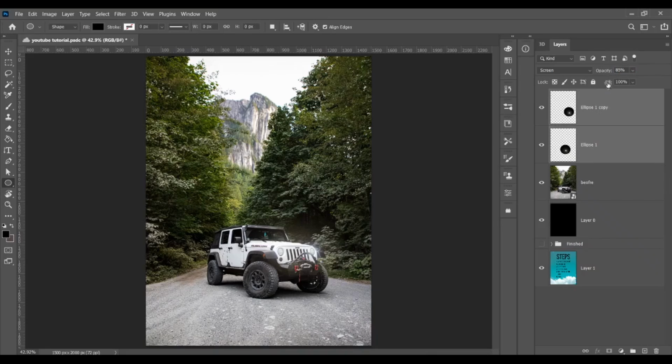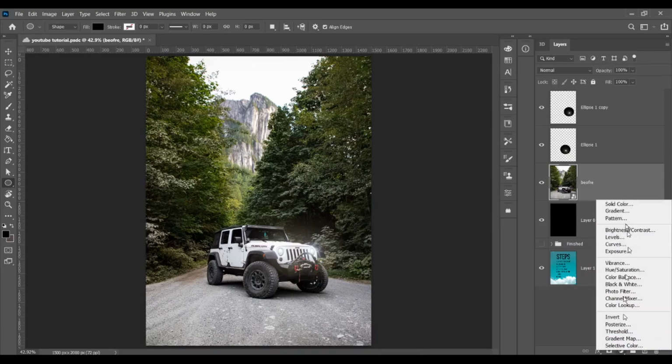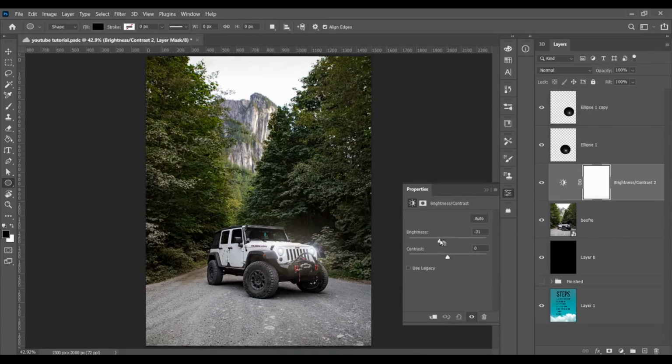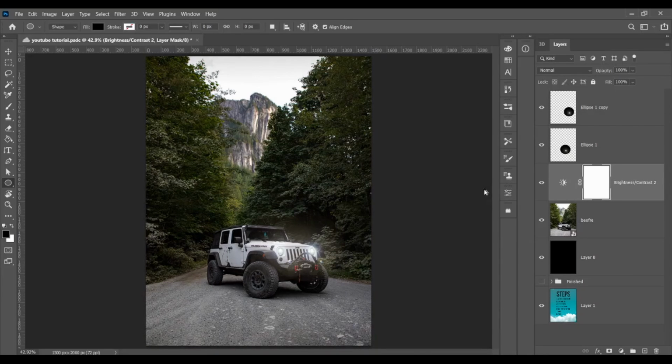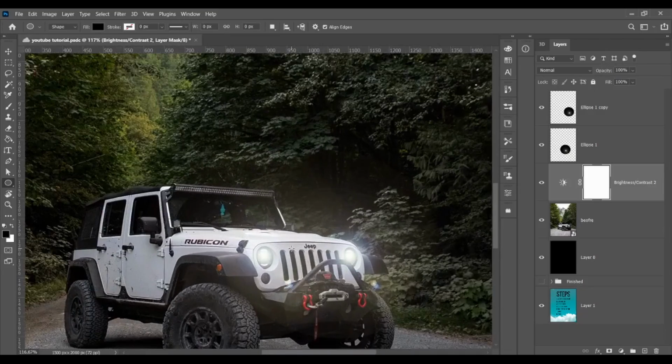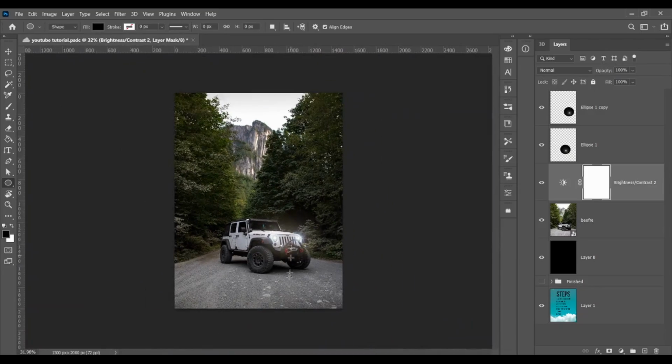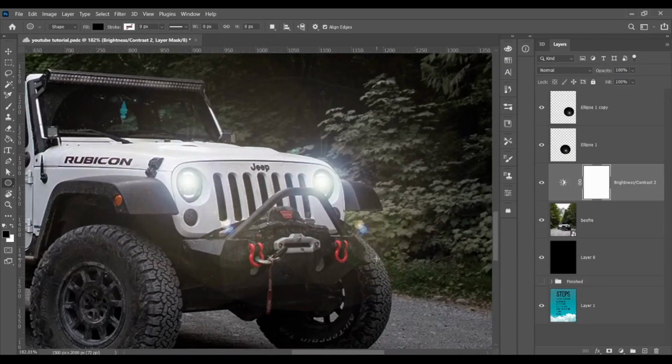What we can do to really see what's happened to the image right now, we can't really tell because it's day on the picture, so we can just add an exposure, brightness and contrast layer, reduce the brightness, bring it way down. Now you can see there are the lights. That is pretty good. Now as you can see, it has these little circles around. If you don't want that, what you can do is